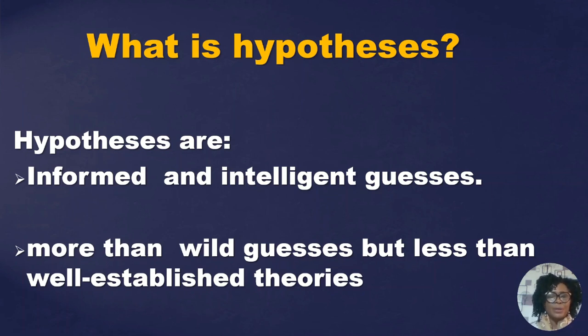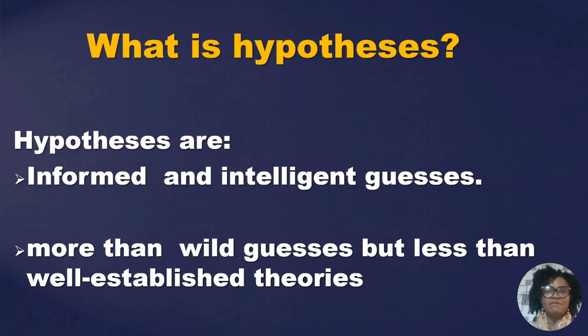Like we emphasized the importance of the objective as a guide in any research investigation, we also emphasized the importance of the research question as another guide in achieving quality research work. Hypothesis is another very strong guide, which most people do not know how to apply and most people avoid in their work. But if you apply hypothesis in any work, it makes the work very strong, detailed, and produces better results. So hypotheses are informed and intelligent guesses.